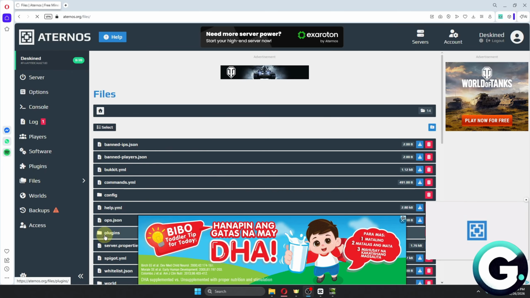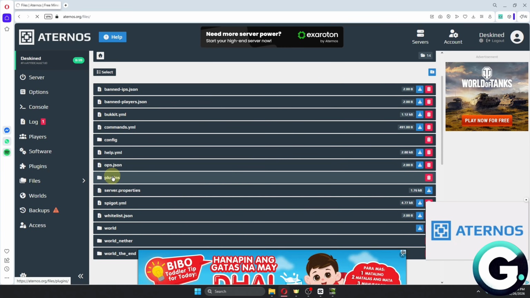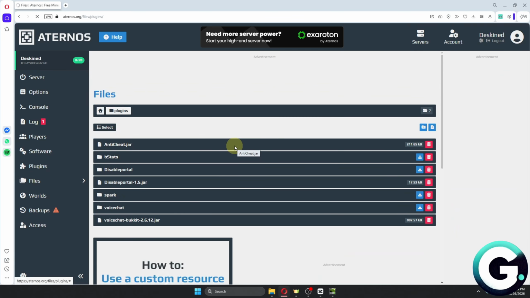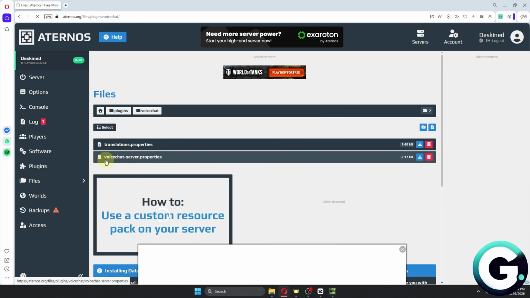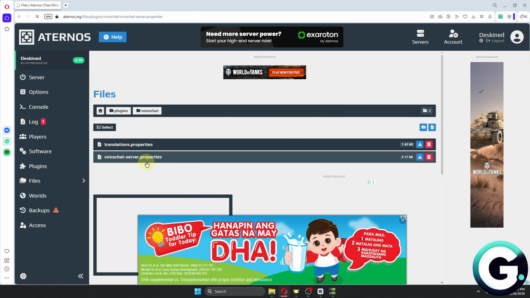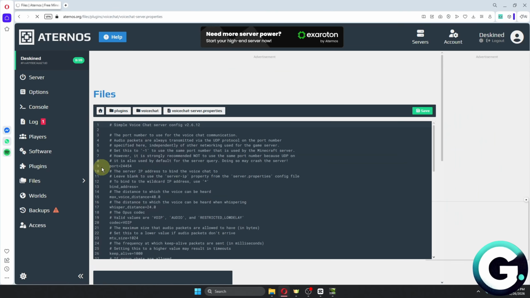Inside files, click on the plugins option. And then if you have successfully installed your voice chat, this folder will then appear right here. So click on the voice chat option, select voice chat server properties, and then you want to navigate through line